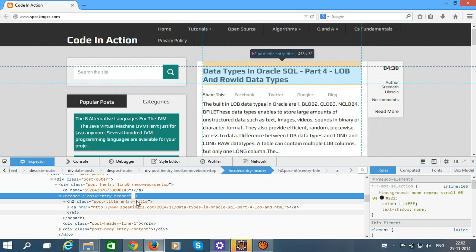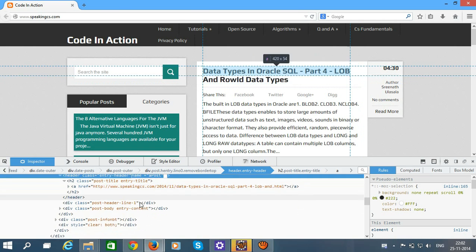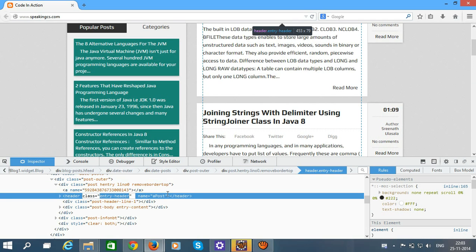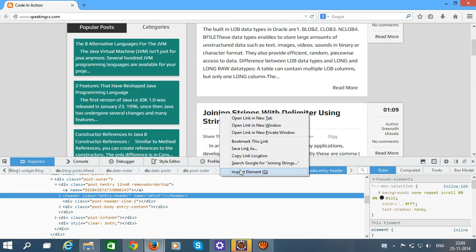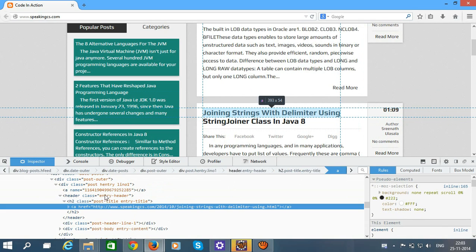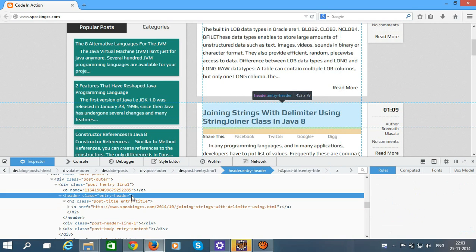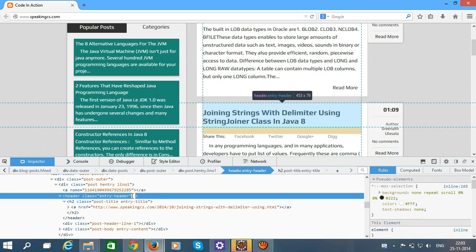Add attribute of type name that equals a post, and add the same attribute to another element also. For this element, joining strings with delimiter, inspect it and double click on the element and add the same,